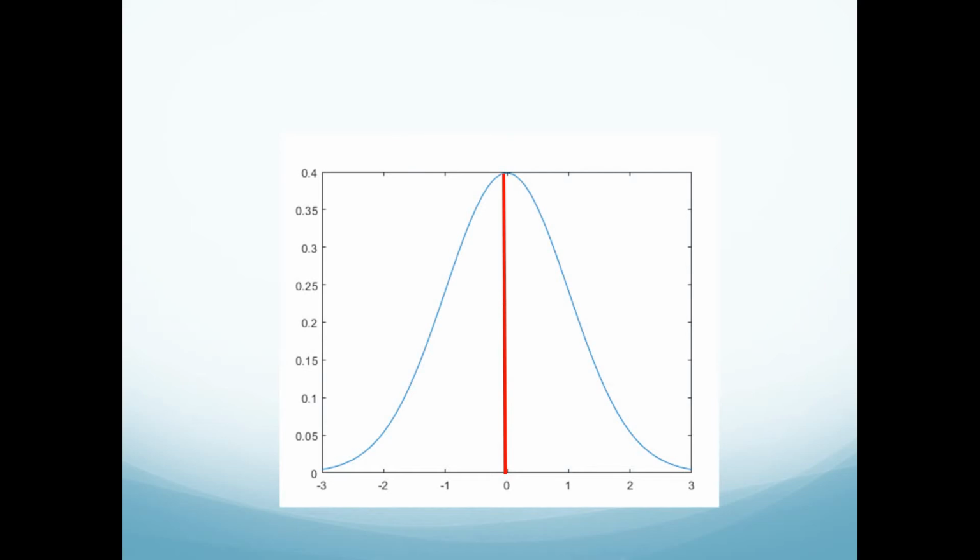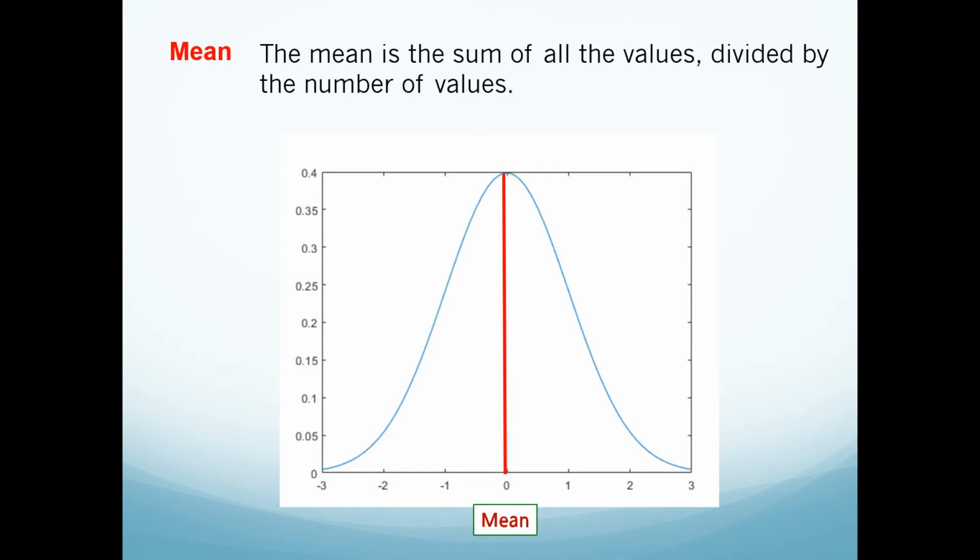p-value. So when our data is equally distributed around the point of zero, so the spread of the data is fairly similar on each side of the midpoint, what can we use in this situation? We can use the mean. And what do we mean by the mean? The mean is the sum of all the values divided by the number of values. So the mean is used only when the data is equally spread fairly around the midpoint. And this shape, we call it a bell-shaped distribution of data.